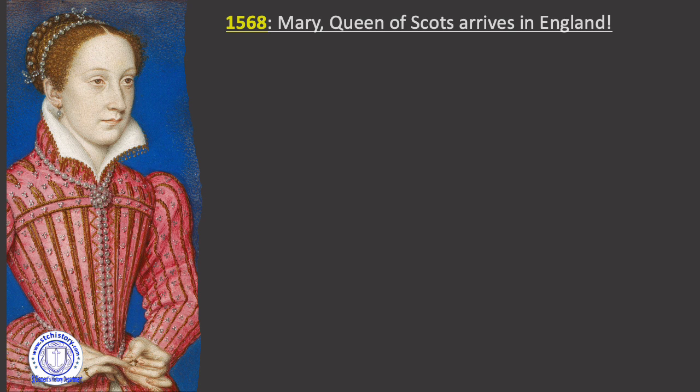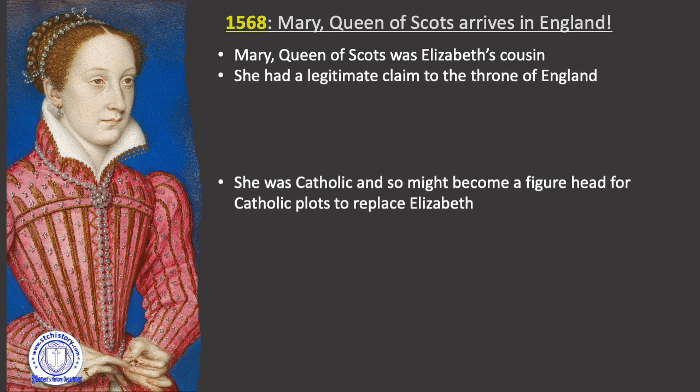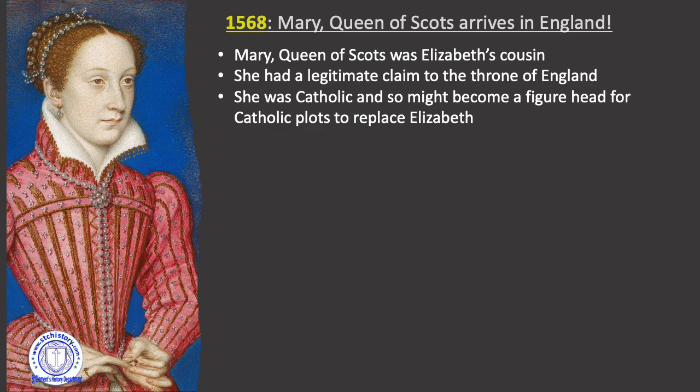All right, so now the cousin, Mary, Queen of Scots. So we've talked a little bit about Mary, Queen of Scots, haven't we, and how potentially dangerous she is again. She is a Catholic. She has a son, which we'll talk about in a sec. 90% of the country would possibly prefer Mary, Queen of Scots on the throne, and she is legitimate. She is a legit Tudor through Henry VIII's sister Margaret, married into the Stuart family up in Scotland, and she is a descendant of those. So she's Elizabeth's cousin. There straight away, she isn't an illegitimate bastard or anything like that. She is genuine. She's got this real claim. Most people might say a better claim than Elizabeth if you're Catholic.